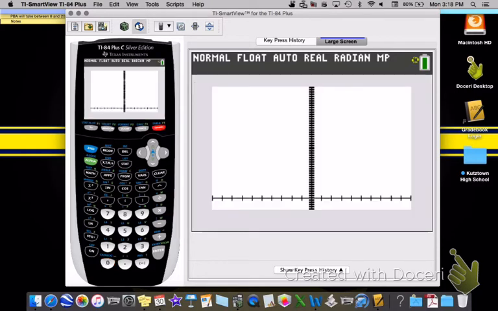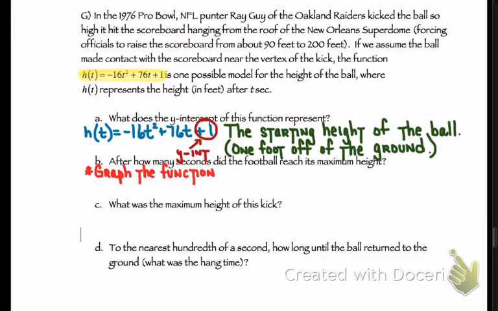There's my football. It goes up. It looks like that's good. Looks like I have that. Looks like I don't need to go any further than that. So let's head back to our, okay, so there's my graph. I got that. I think it said to find